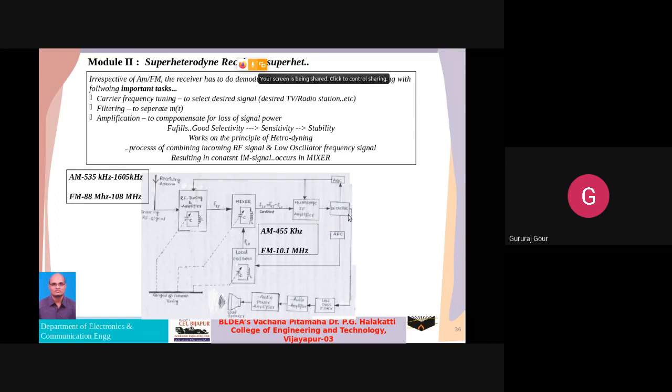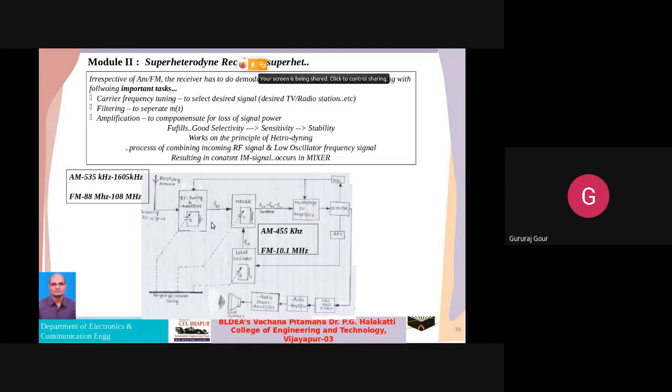Like that, after detection of AM using envelope detector or FM using discriminator, after AM detection AGC comes into picture, after FM detection AFC comes into picture. After that, you are getting the detected output and low pass filter. If any loss was there, it will be amplified. Message signal will be amplified. Power amplified. Then you are going to get the reception of the signal.